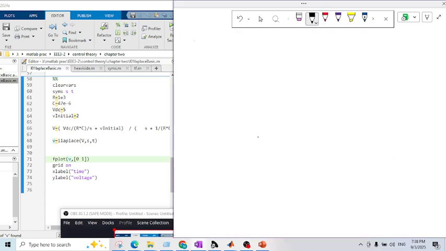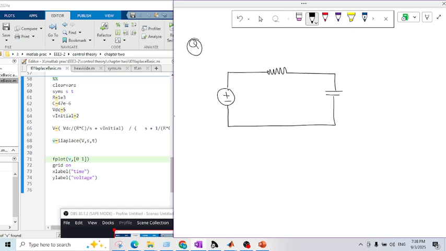Okay, so in this video we will solve this RC circuit that looks like this. Let's say the resistance is 1K, the capacitance is 47 microfarad, and the source voltage is 5 volt DC. So in this video we will find the capacitor's voltage, and also we will find the current across this